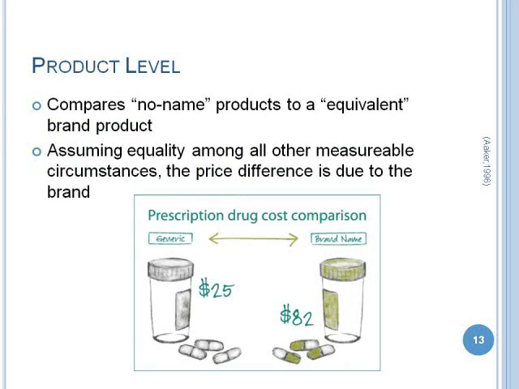The product level of brand equity compares no-name products to an equivalent brand product. So assuming equality among all other measurable circumstances, the price difference is going to be due to the brand. For example, in the prescription drug cost comparison, you'll find that many patients prefer brand name medications over generics. Even in the cases where the two medications are produced at the same warehouse, they're manufactured off the same production line, and the ingredients are exactly the same. The difference between the two is going to be the price between the generic and the price between the brand name, becoming the product level brand equity. So in this example, we have an $82 brand and a $25 generic. The difference between